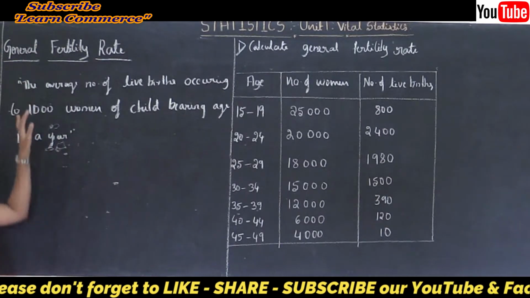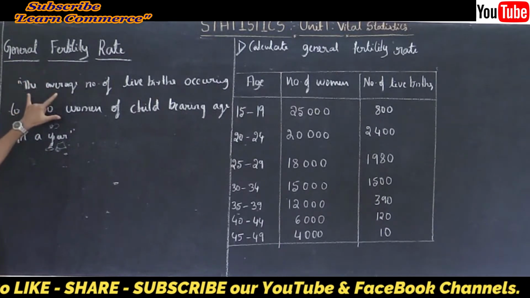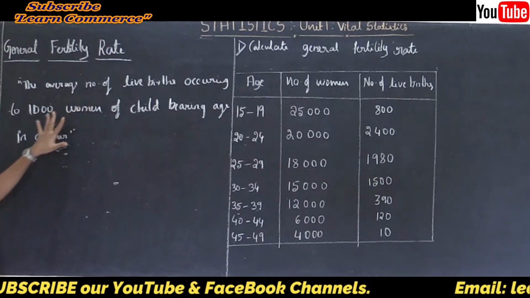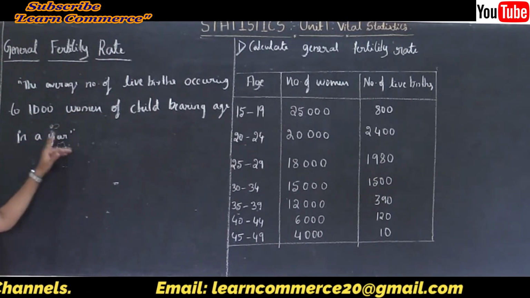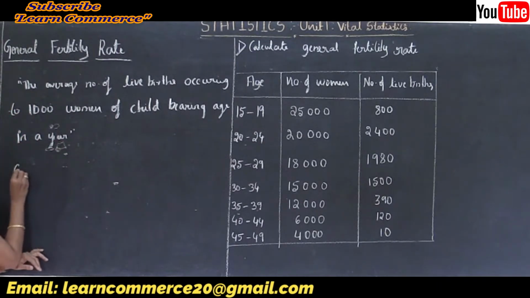See, the definition of general fertility rate is the average number of live births occurring to 1000 women of childbearing age in a year. To calculate GFR we use the formula,